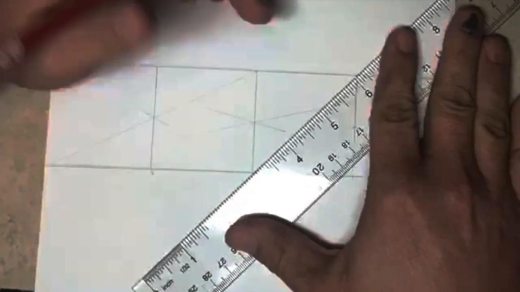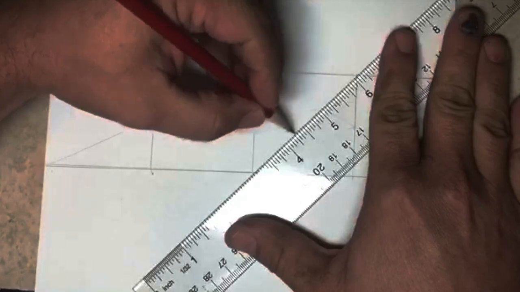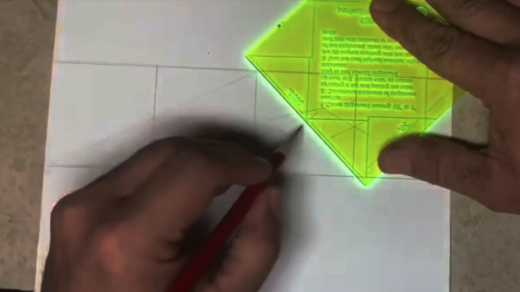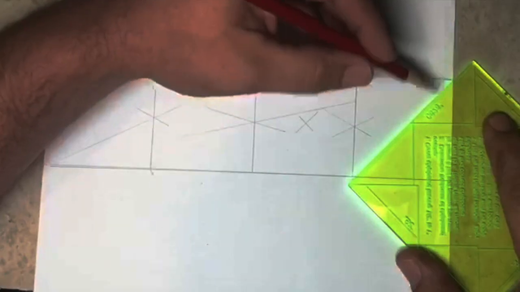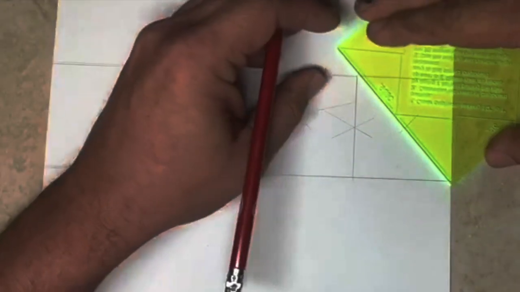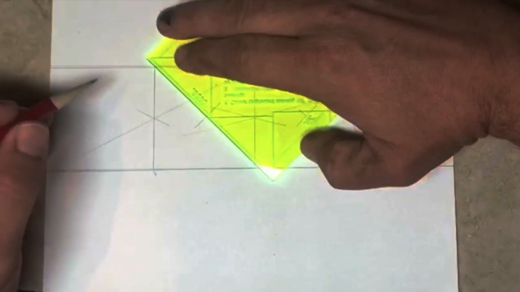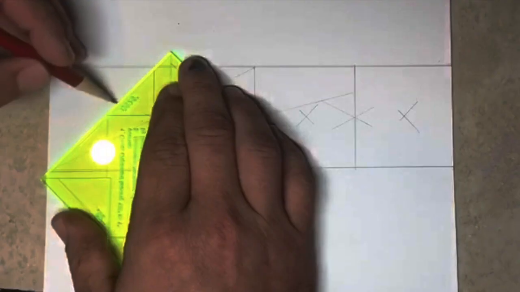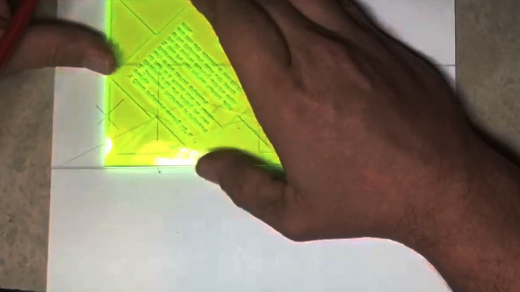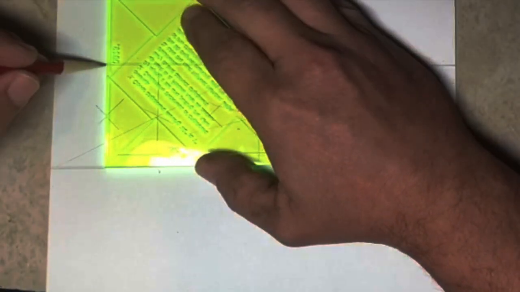And we'll do just a little more here. So what we're going to end up with is a fence or a wall